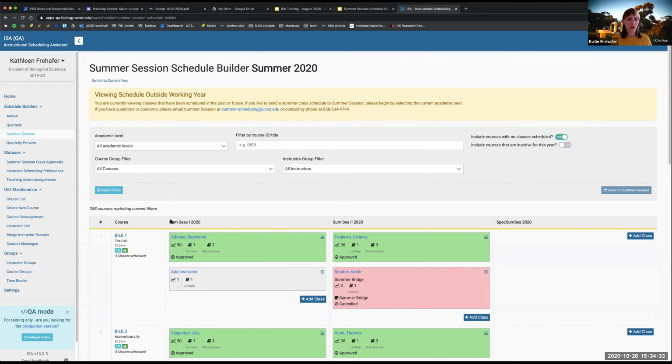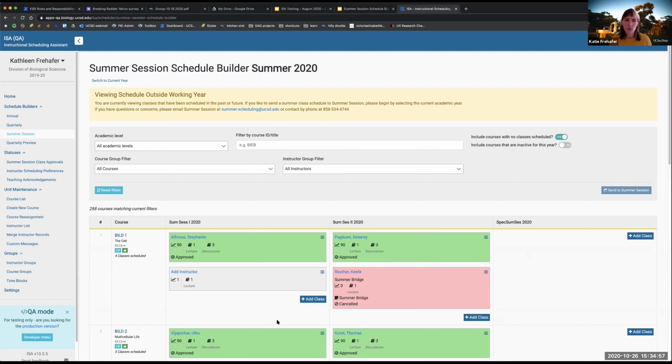So this is the screenshot I forgot to put in, and that is that after you've clicked that Send to Summer Session button, as approvals or denials or cancellations start trickling in, you'll see on your summer schedule builder that green indicates an approved class, gray indicates a pending class that hasn't been approved yet, and red can indicate a denied or a canceled class.